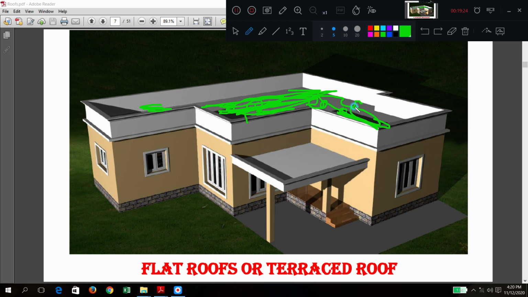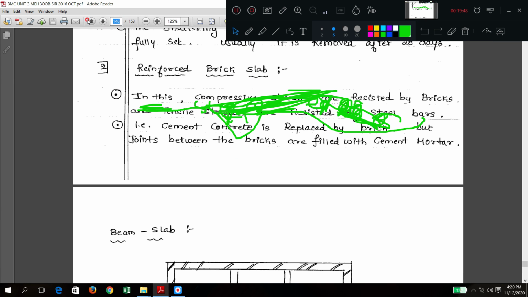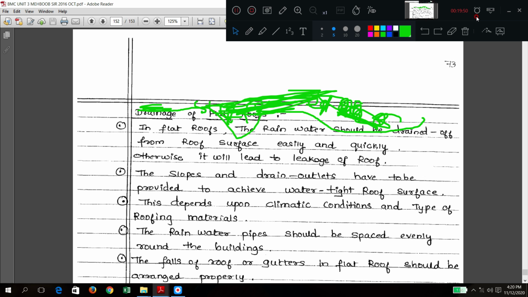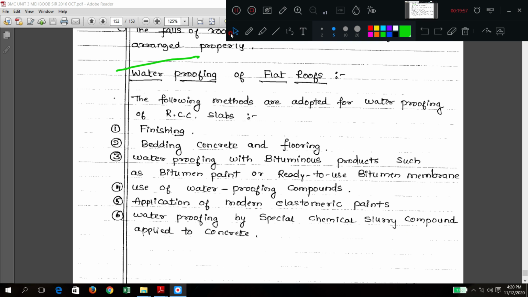Sometimes you can go for Dr. Fixit chemicals. All those things can be applied. Sometimes you can go for special paints, and slurry can also be used. So waterproofing and rainwater drainage are very important. That is why I have discussed those points here: drainage of the flat roof and also waterproofing. Here you can see